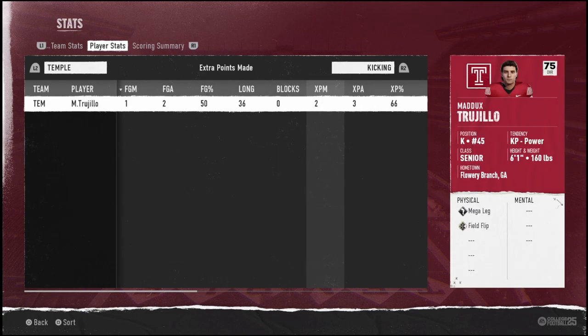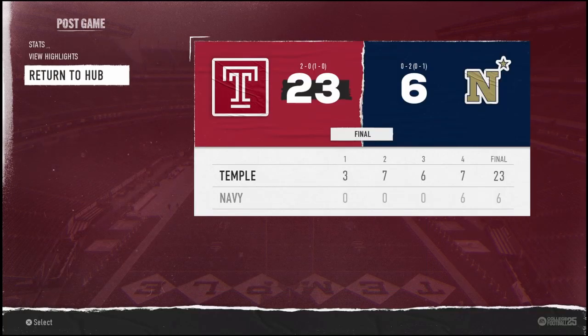One thing to keep in mind is kicking. Trujillo missed a field goal and missed an extra point. So that's something to keep in mind looking forward. I don't think we have another option, honestly, anyway. So probably not much we can do about that, but something to keep in mind for bigger games down the road. So that'll do it for week 2, 23-6, a big victory for Temple,